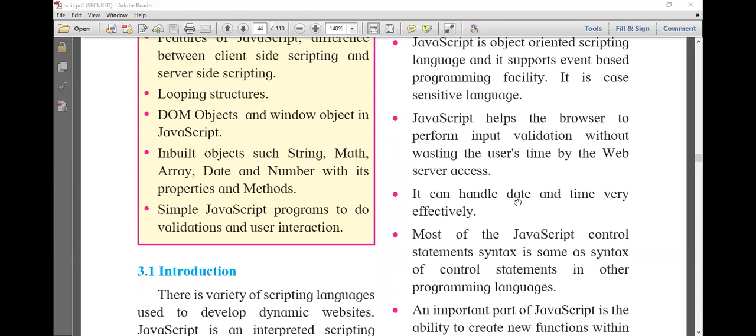syntax. Yes, Tanvi, syntax. Very good. Okay, tell me what syntax means. Yes, control syntax, Rohan. Good.